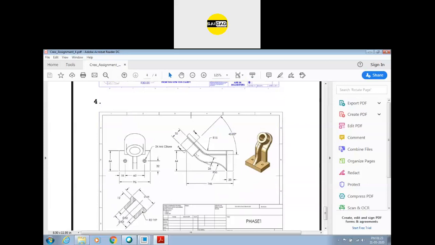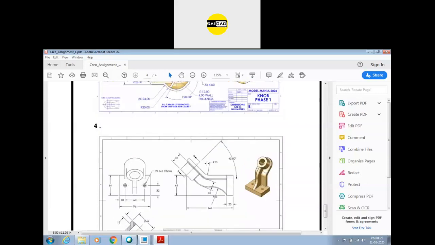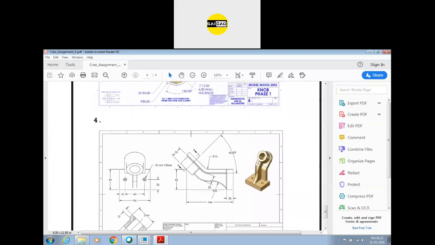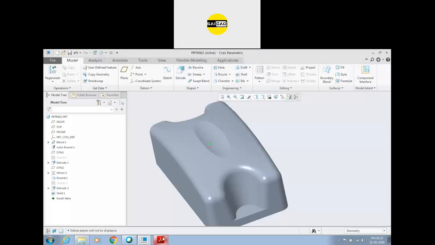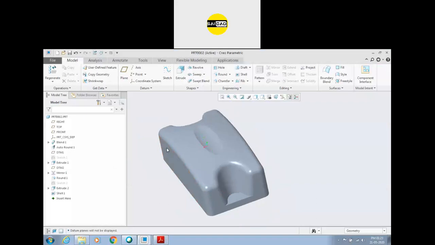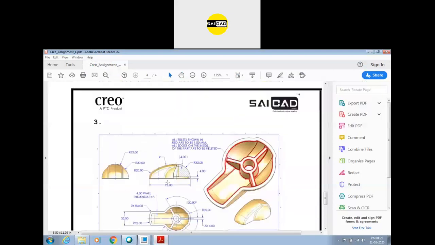Okay, and have you created this one? I think fourth. I covered that first. Okay, there is some mistake in the assignment.